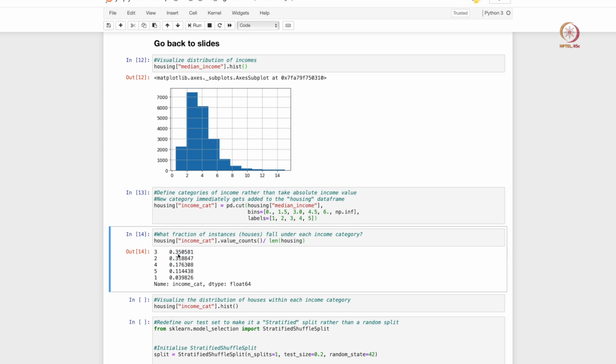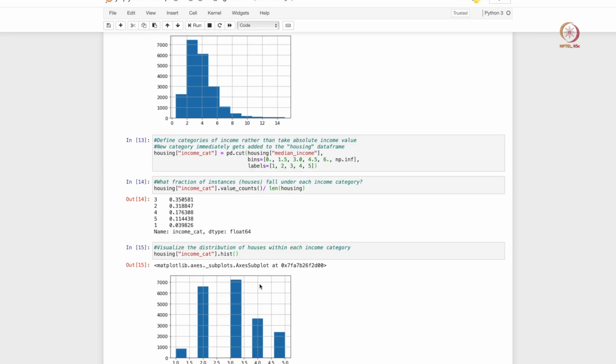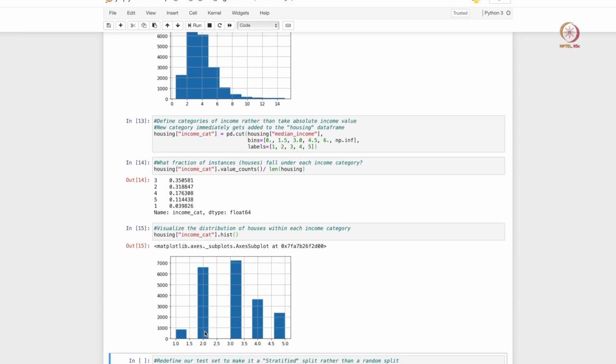They represent about 35% and 31% of the data, and medium to high income is about 18% of all the data. If you visualize this as a histogram, you see that income categories 2 and 3 are the most represented in our data set, with about 6,500 and 7,000 data points here. The remaining are more sparsely represented.